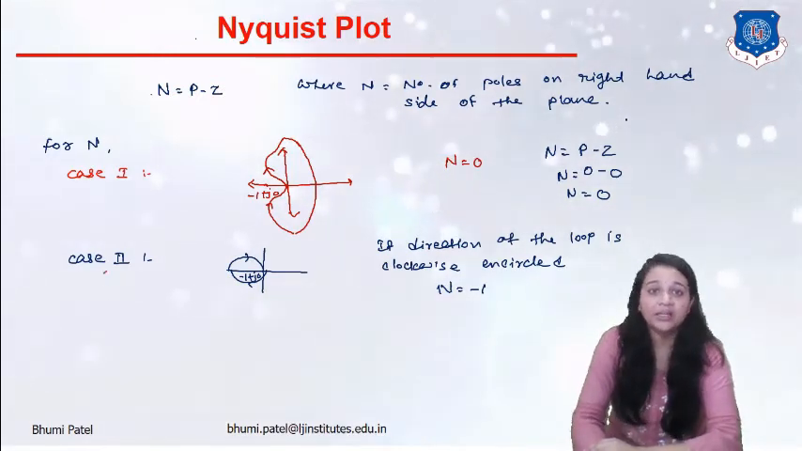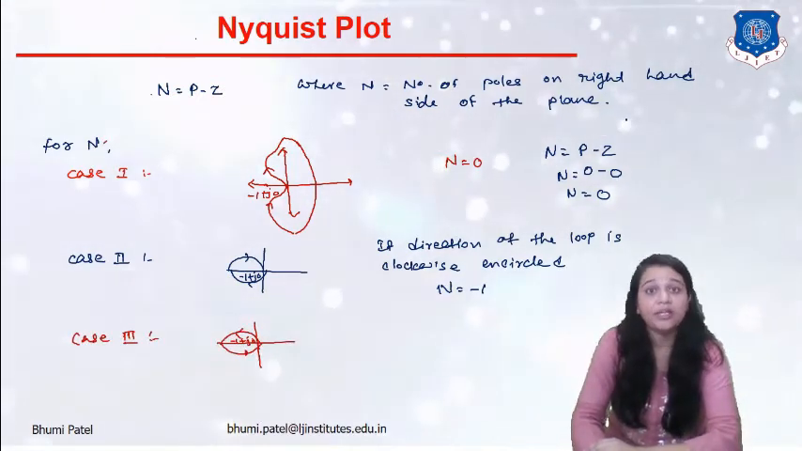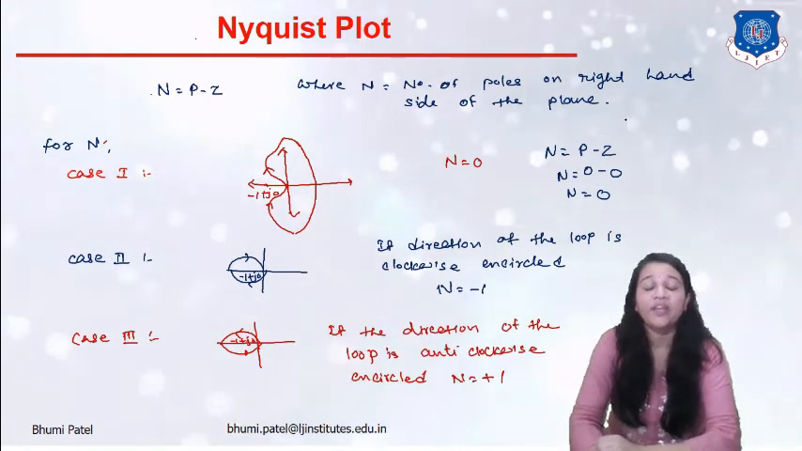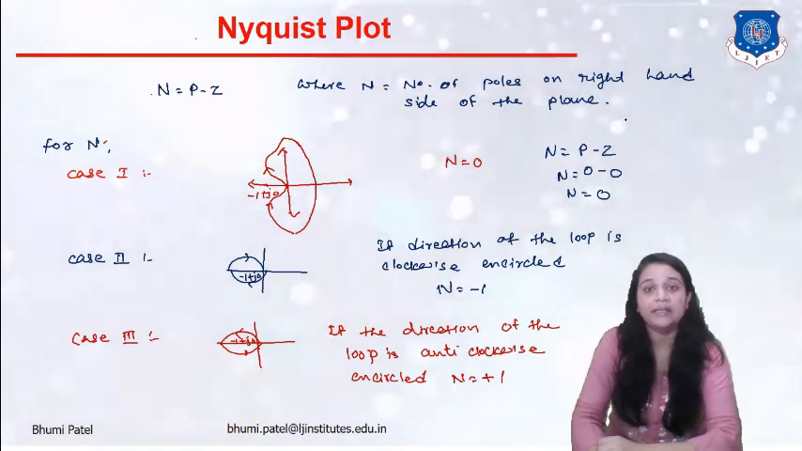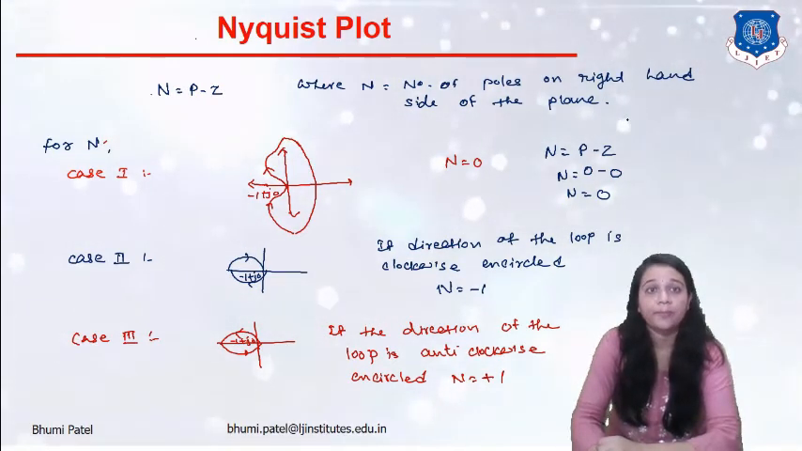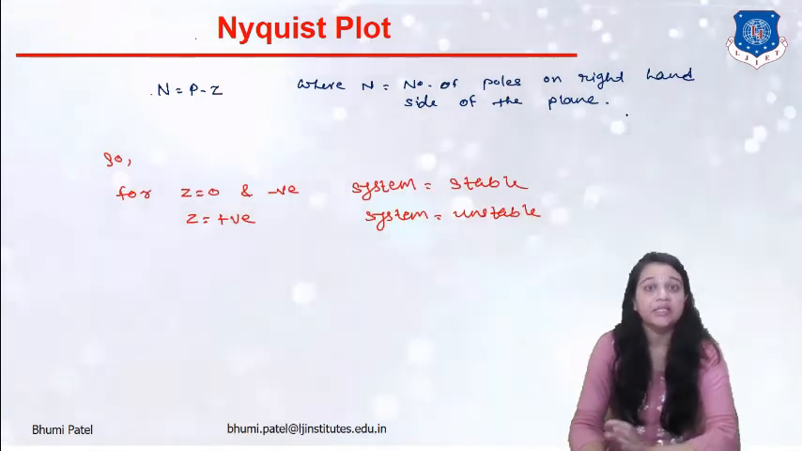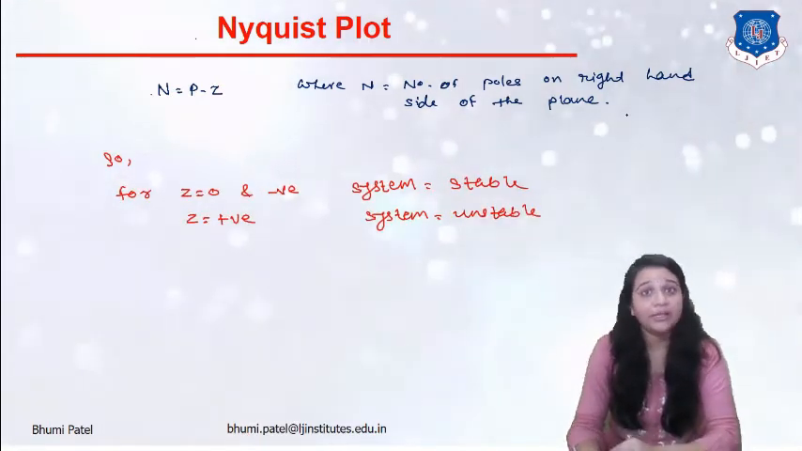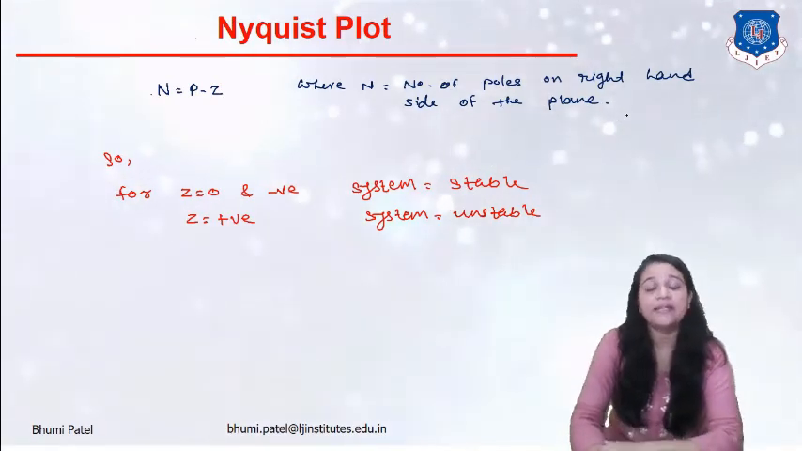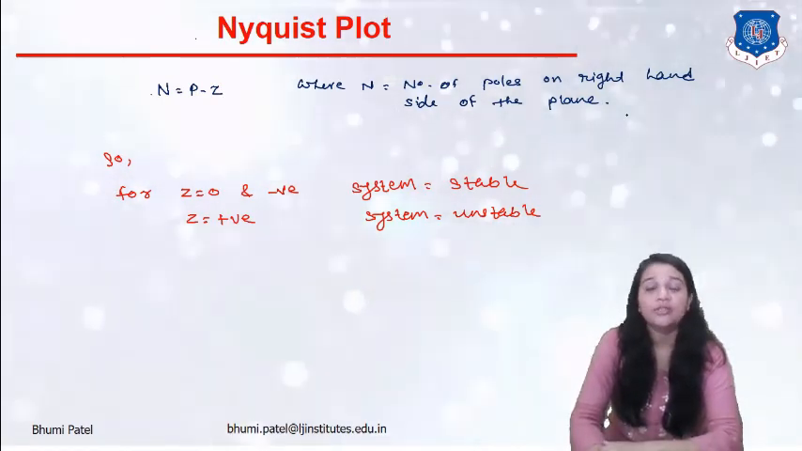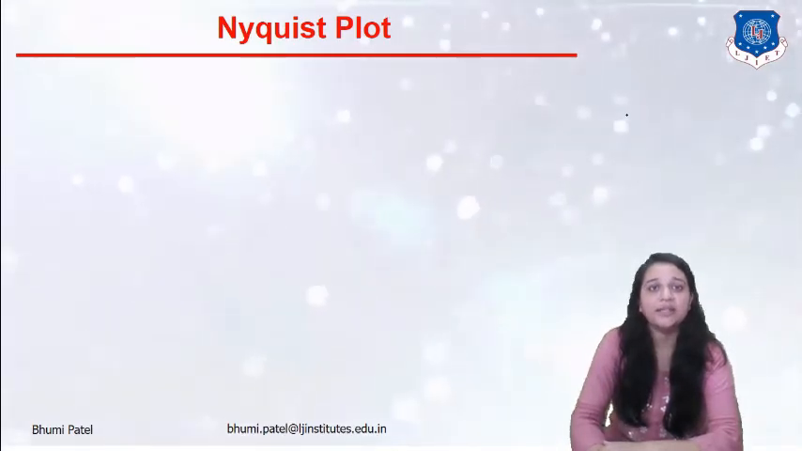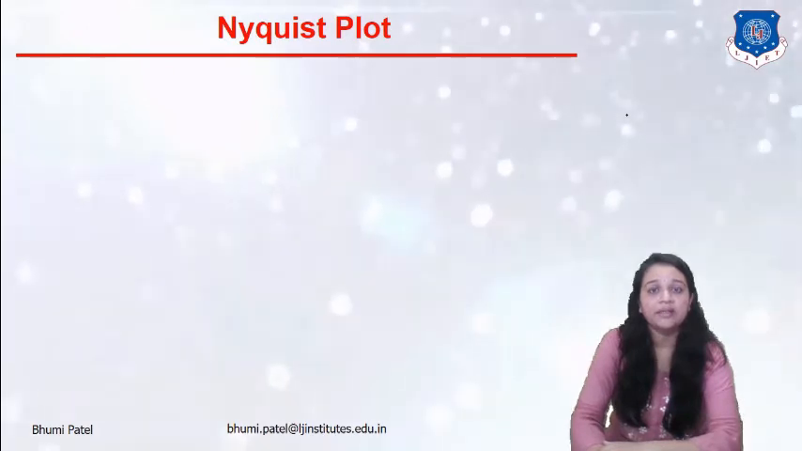And case number 3, if the direction of the loop is anti-clockwise, that time we can get the value of n is positive. Okay, now the condition is, for z equal to 0 or a negative value, the system becomes stable, and for z equal to a positive value, the system will become unstable. Okay, now next we can consider